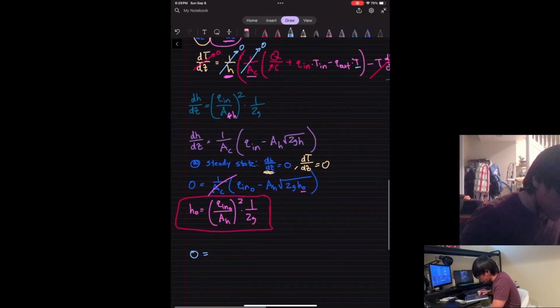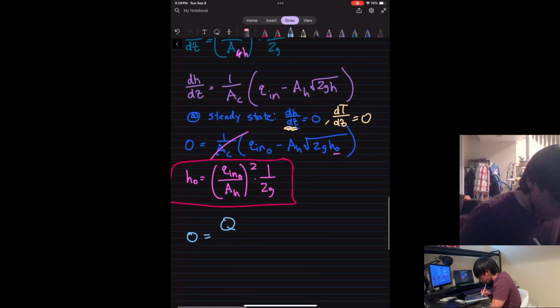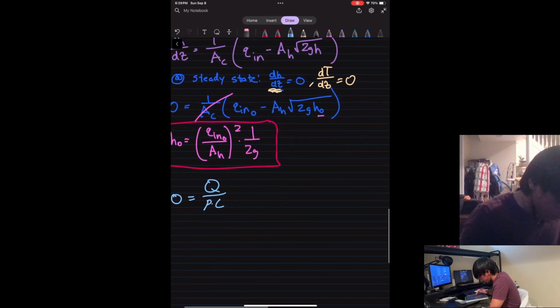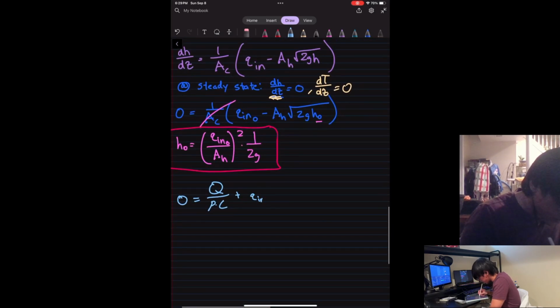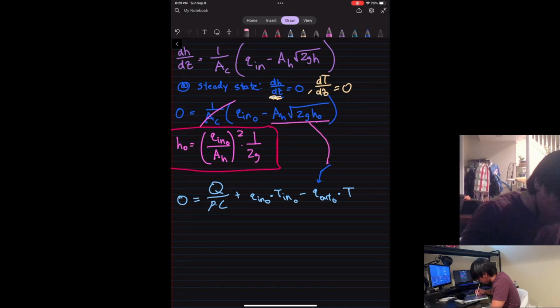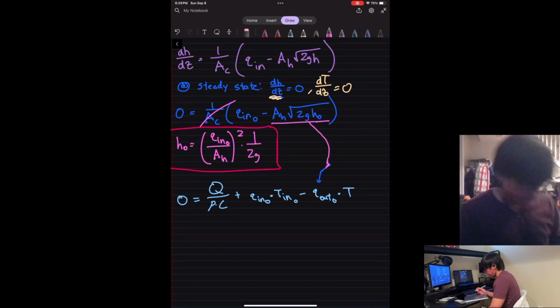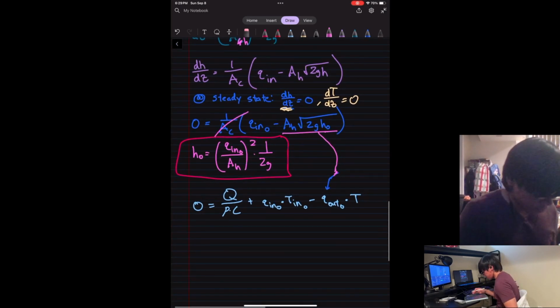So I'll write it out as our heating coil energy component, divided by our density and specific heat capacity, plus our inlet flow initial times the temperature of that inlet flow initial, minus our outlet flow, again initial, times our T. And remember that for the outlet flow, we have this same substitution we make as we derive from Bernoulli's. So doing some isolation,